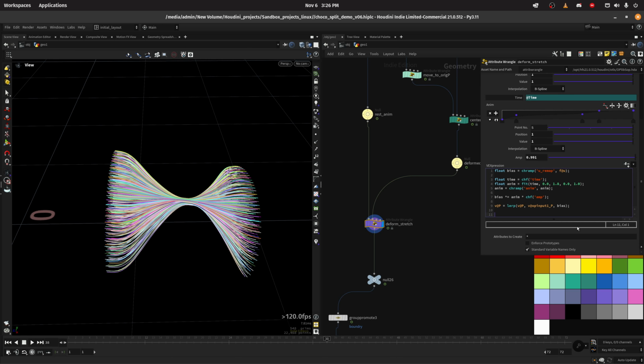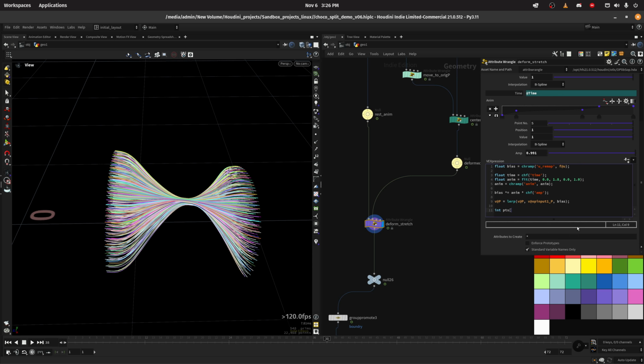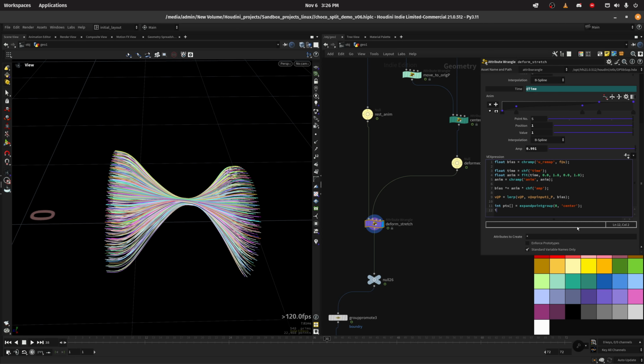So after we do the lerp, we will do int points, and it will be just an expand point group, and we have that point group called center. And then we just say i@center ID will be a point 0. I want to get the ID, and we can just feed it the first point on that group. So now we should have a center ID,